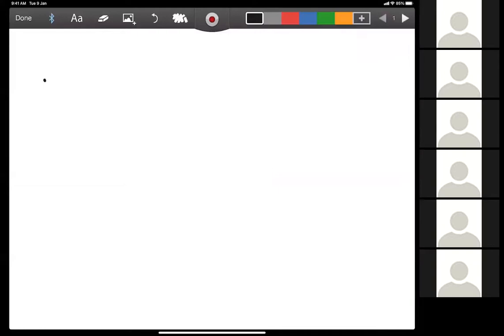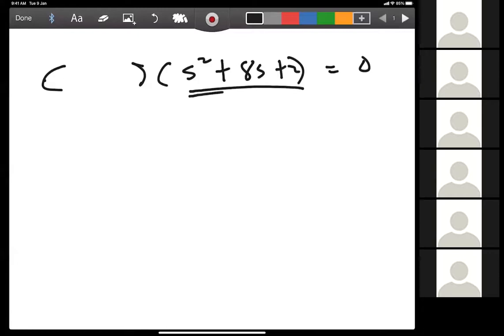Example 6. Can you give me the second order derivative, S squared, it's S plus 8. The characteristic equation is S plus 3, S plus 6, S plus 10. Let's say 8S plus 2. And what is the root for this? The roots: 4 plus minus